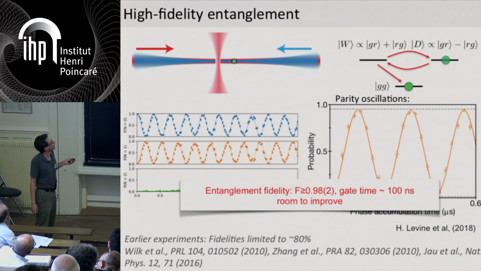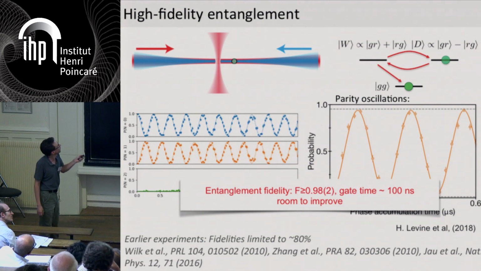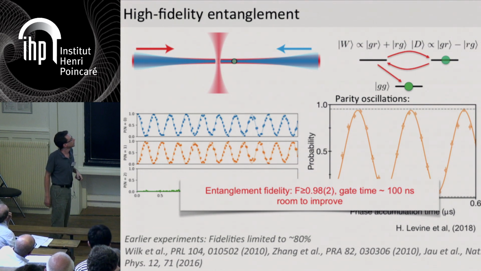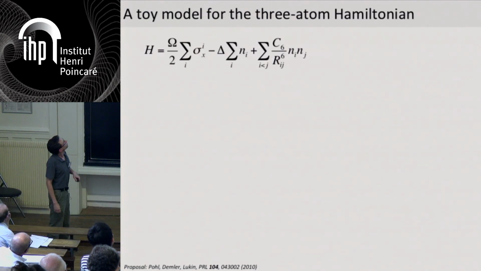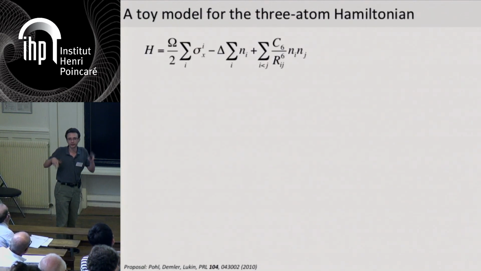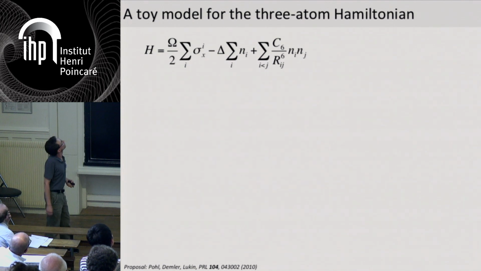And with this, we could show by correcting also for detection infidelity, which is not 100% in our case. So detection infidelity is marked by these gray dashed lines here. And you see that we get very close to the limit imposed by this detection fidelity. So by correcting from this, what we get in the end is an entanglement fidelity of 98%, which is limited by the residual effects like spontaneous emission from the intermediate state and a limited lifetime of the Rydberg state.